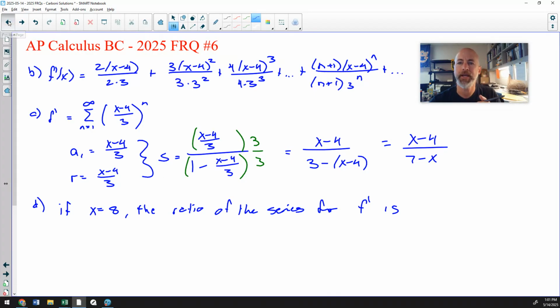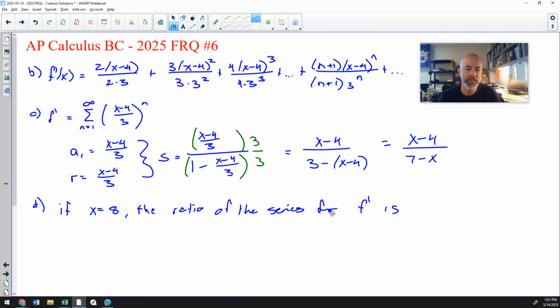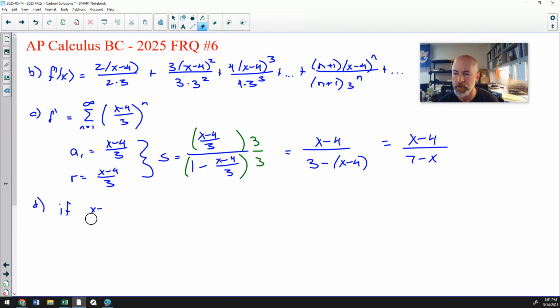In part A, the radius about x equals 4. Oh gosh, I misread it. Okay, I'm sorry. I was thinking it was telling me that the radius was 4. So I can go back to it, it's saying the radius about x equals 4 is the same as f prime. Okay, so we already know the radius is 3. I was really confused because I had already done part A and the radius was 3. So the radius is actually 3. So by part A,